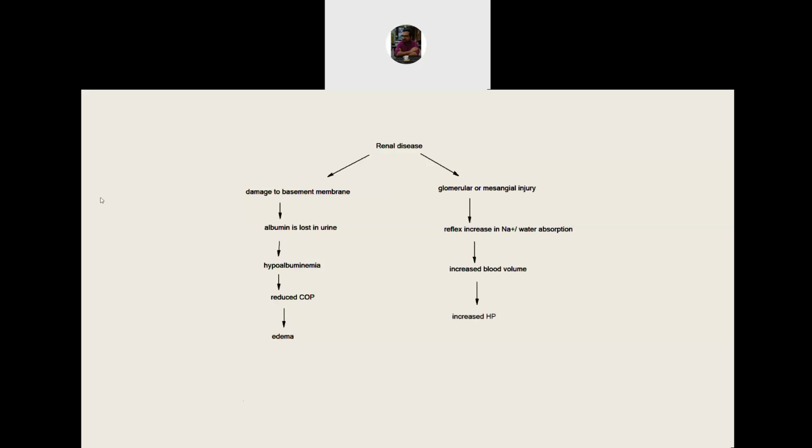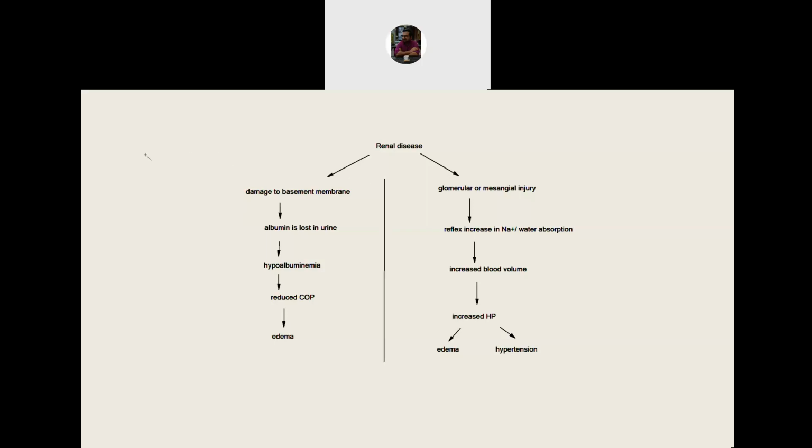The increase in hydrostatic pressure causes two things. One is that fluid goes out of the blood vessel, causing edema. And the second is, it is the lateral pressure of the blood, which is called blood pressure. So there is hypertension or increased blood pressure. Now, if you compare these two mechanisms side by side, you can see one striking difference. The same mechanism may not happen in the same disease. So different diseases may have either the first mechanism or the second mechanism.